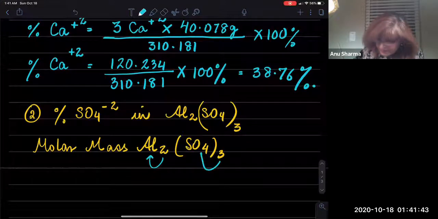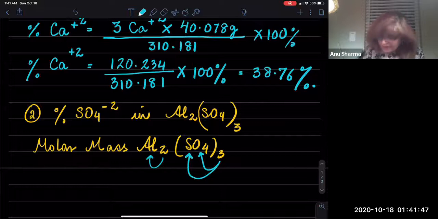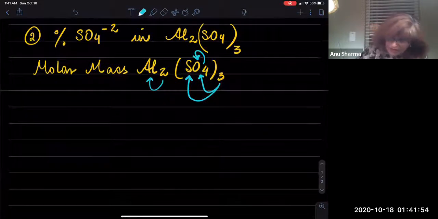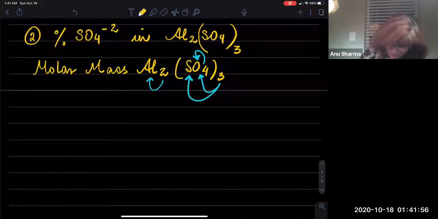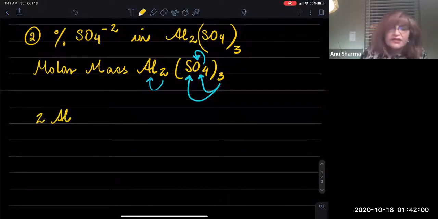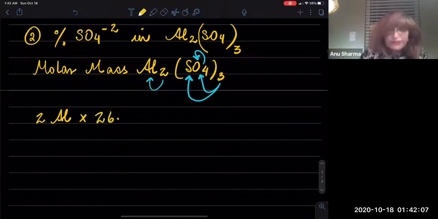This 3 applies to oxygen. This 3 applies to sulfur. But this 4 only applies to oxygen. So just pay attention to those details, okay? So now we have 2 moles of aluminum, and the weight of this aluminum from the periodic table is